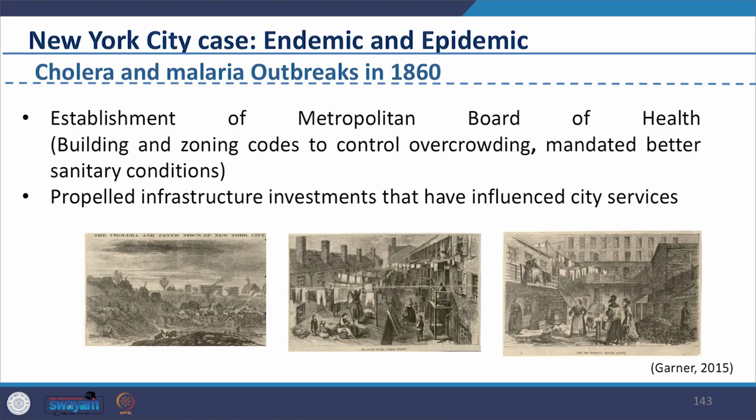We see through the example of Paris how laws had to change. Hard actions like demolishing of buildings, creation of sewer systems, water systems, aqueducts and zoning helped in improving the situation. However, we also see how these interventions caused negative impact to the poor. Then we see cholera and malaria outbreaks in New York City in 1860. This led to the establishment of the Metropolitan Board of Health. It comprised building and zoning codes to control crowding, mandated better sanitary conditions, and propelled infrastructure investments that had